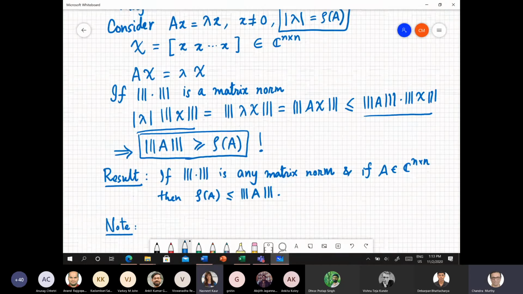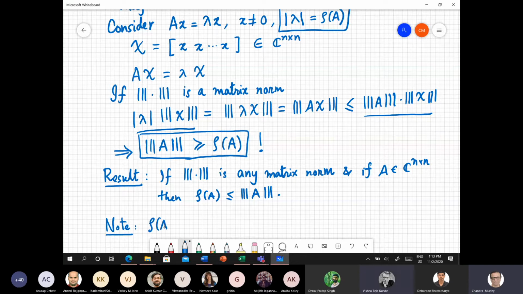Of course, the other eigenvalues in the matrix A have a magnitude less than or equal to rho of A. So the norm of A is going to be greater than or equal to the magnitude of any eigenvalue of the matrix A, and in particular, greater than or equal to the maximum magnitude eigenvalue of A, which is rho of A. It's like a tighter bound, right? It's a lower bound, so rho of A is basically a lower bound on any matrix norm. Yes, I got it.